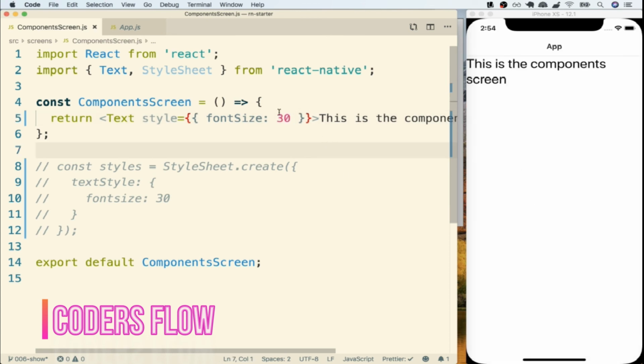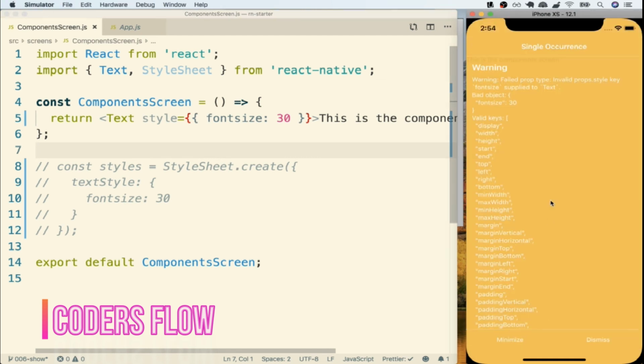If we want to, we can technically pass a styling object directly into a JSX element, and everything's going to work just fine. In addition, if we make a typo inside there, and I instead put in fontsize with a lowercase s, we're still going to see, not a big red error message, but a warning down here at the bottom that has essentially the same message, telling us, hey,